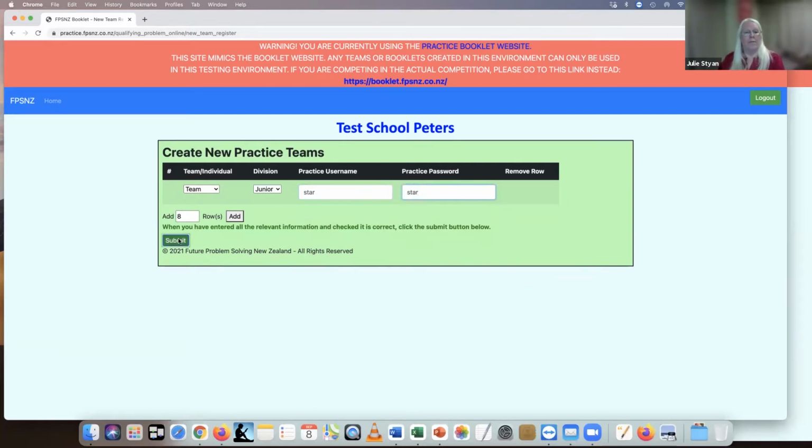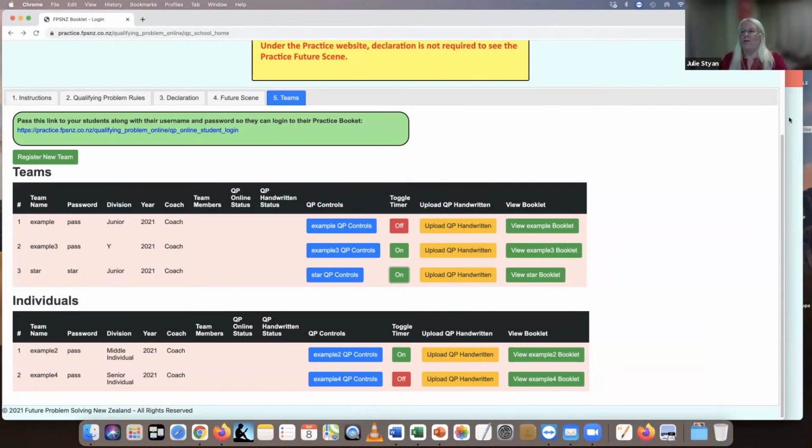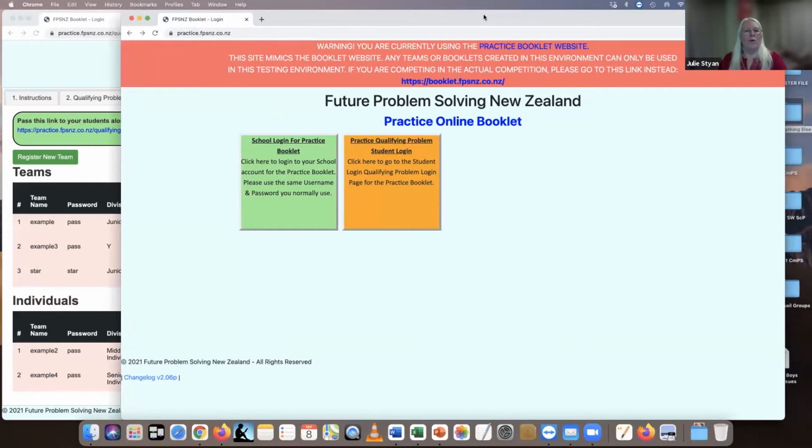And submit. And we've got a team ready to go. So the screen we're in at the moment is for the coaches. Now I'm going to show you where the students log in. They will also go to the same URL,